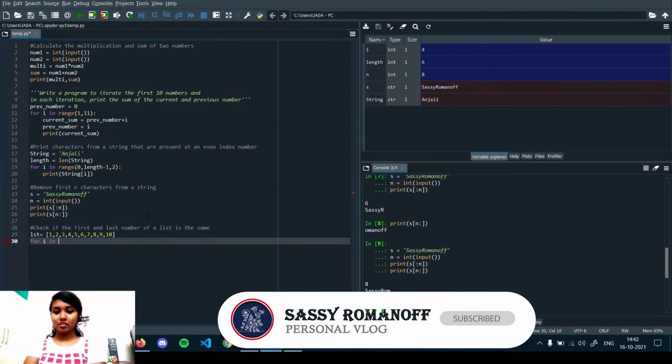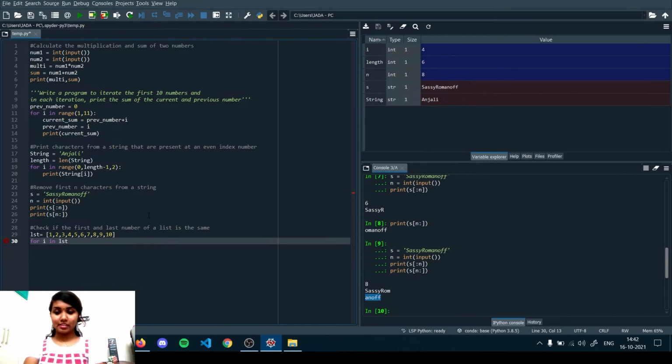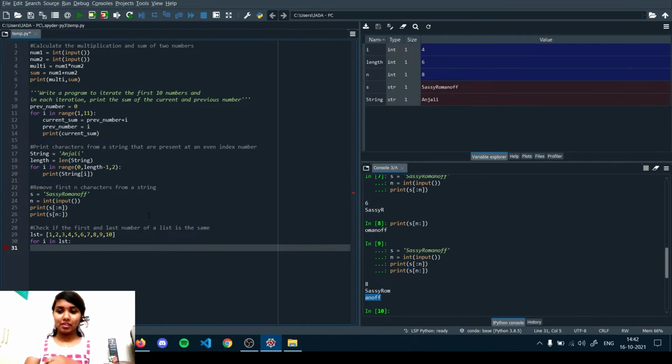For i in list, we are getting the list. In list, each index needs to be traversed. So for i in list, what we need to check is if the first and last number of the list is the same, right? If we are giving an if condition,